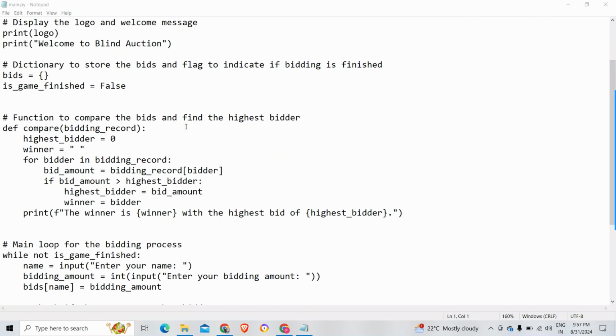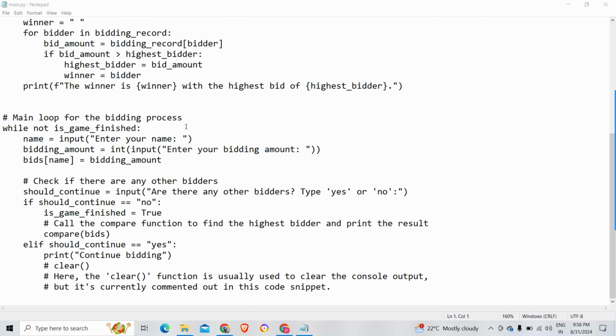This sets the winner variable to the name of the current bidder, as they have the highest bid so far. Then we have print with an f-string: the winner is {winner} with the highest bid of {highest_bidder}. After the loop finishes, this part prints the name of the highest bidder and the winning bid amount.